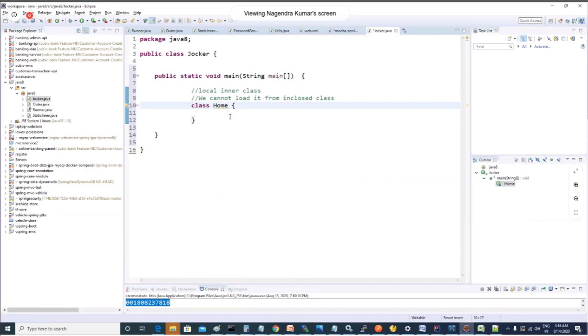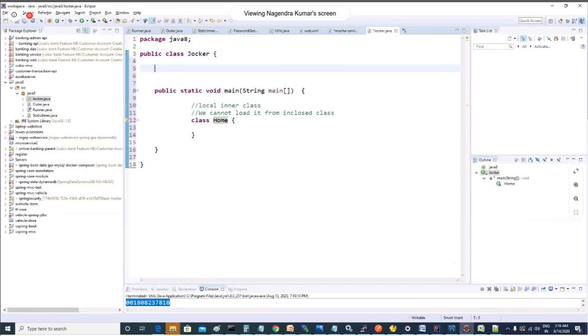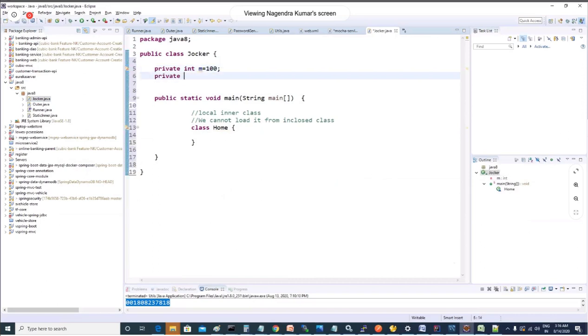No, because this is local, and local cannot be private, public, or static and all. You can't do it. So when you make a local inner class, the local inner class can access anything inside the enclosed class. Ashma, what he said, it can access anything. You can make static and non-static. This is important, guys. Local inner class can access everything of the outer class. Makes sense because, if you want to call this method, you have to make an object of it, right? So here, if I make a method,